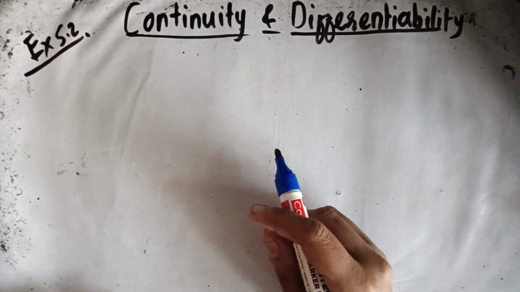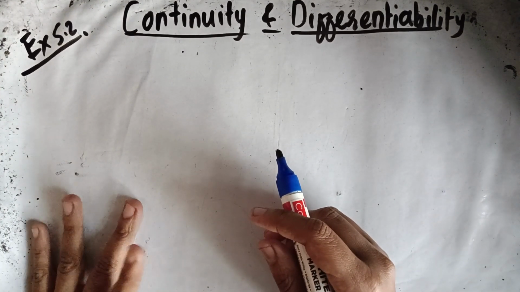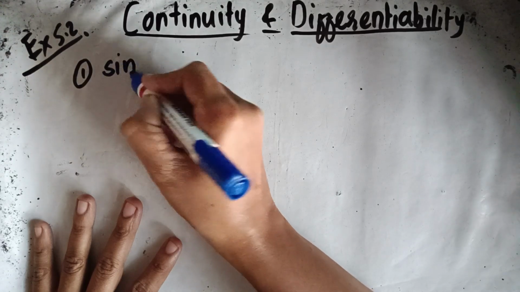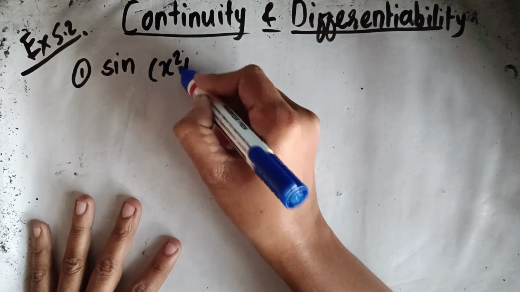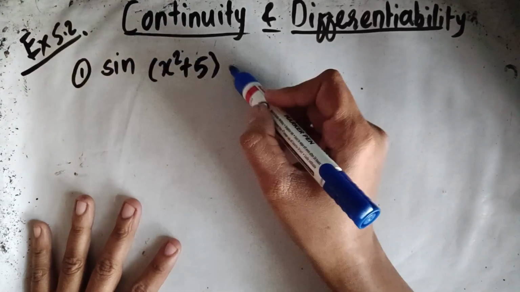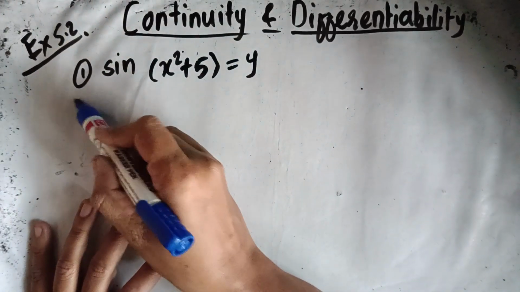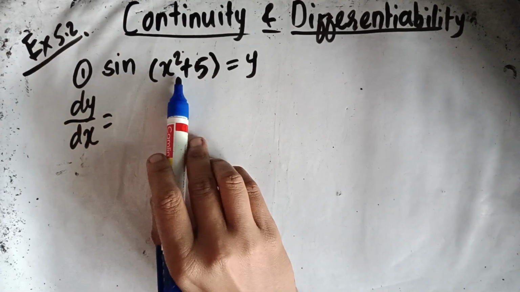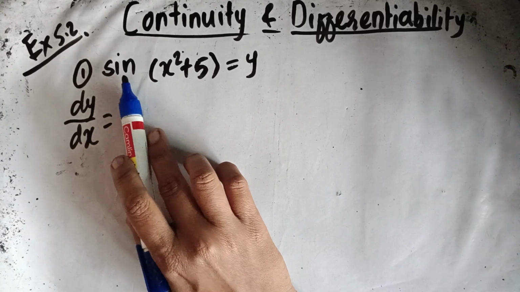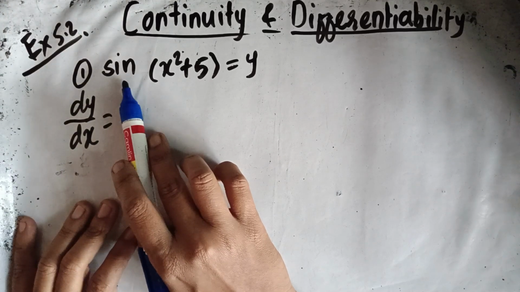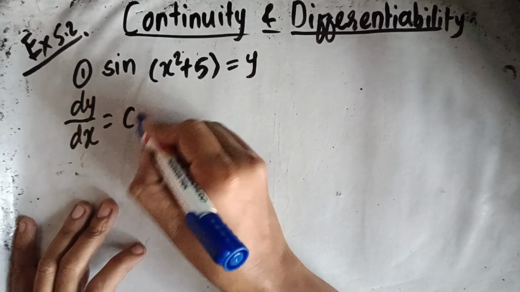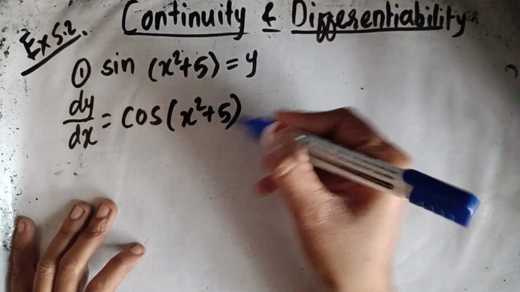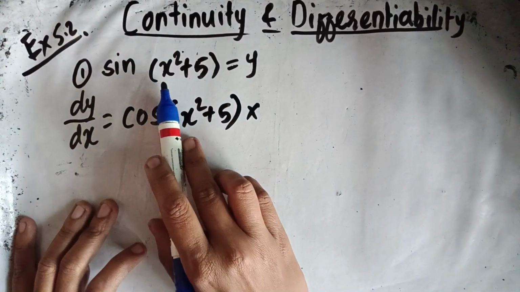The first question is: differentiate the function with respect to x. The function given is sine of x square plus 5. This is your y, so dy by dx. Now this is a composite function, so first you have to differentiate sine. What is the derivative of sine? Cos, the angle remains the same. Then applying the chain rule, you will get